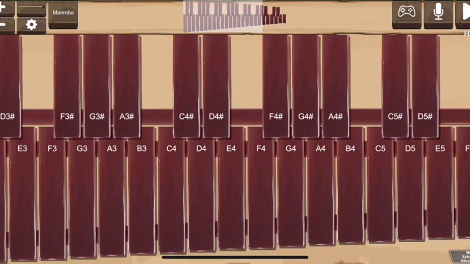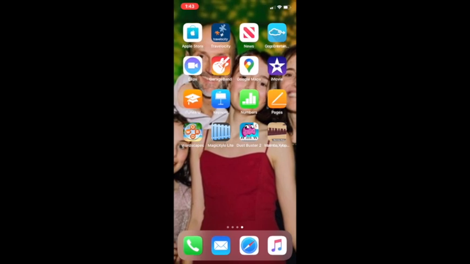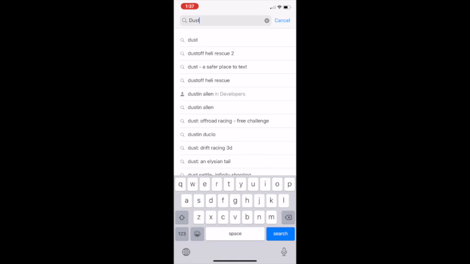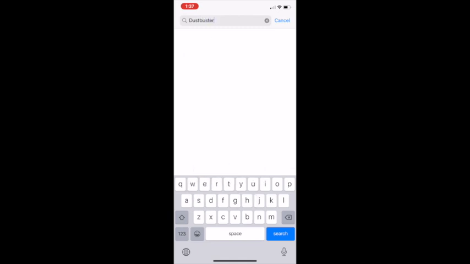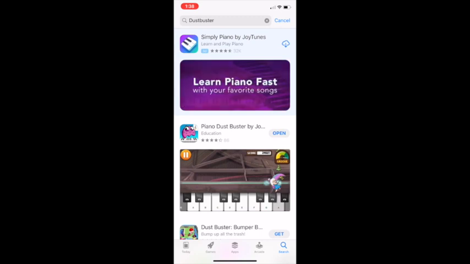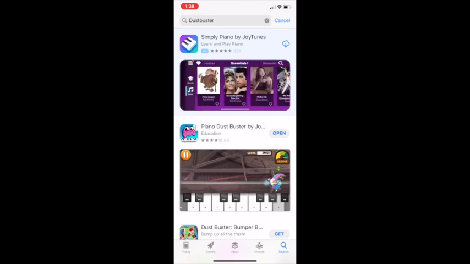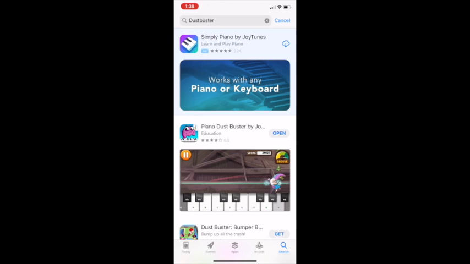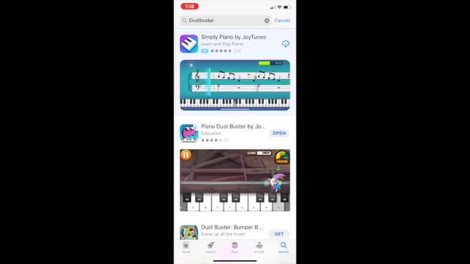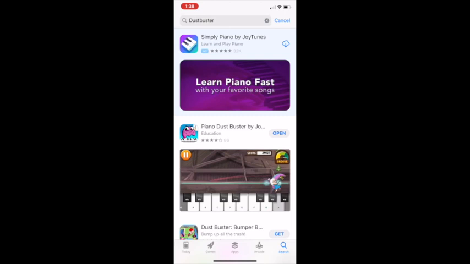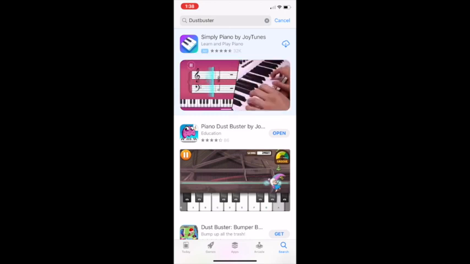Now, besides piano and xylophone apps, there are also some very nice apps for learning songs. And one of my favorites that my daughters have used extensively is by an app maker called JoyTunes. And if you go to your app store and search Piano Dust Buster, 2 options will likely come up near the top. Simply Piano is an instructional app. It's best done with a real piano,